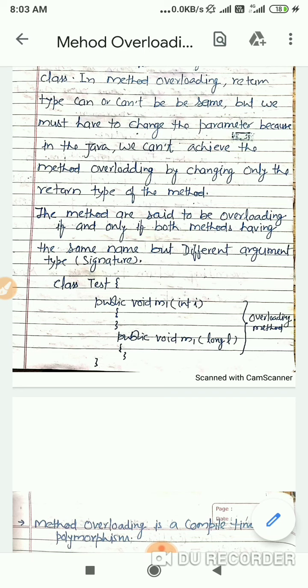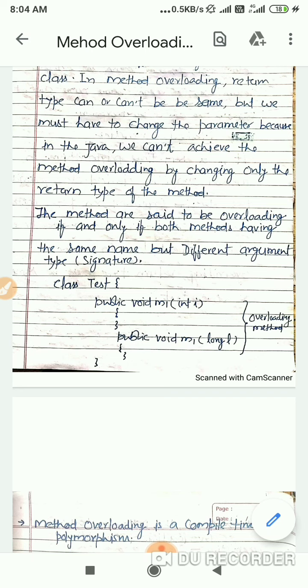Suppose we have to perform addition of given numbers, but there can be any number of arguments. Let us say 2 or 3 arguments in our case.